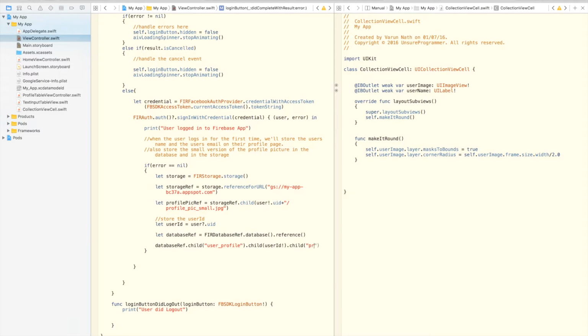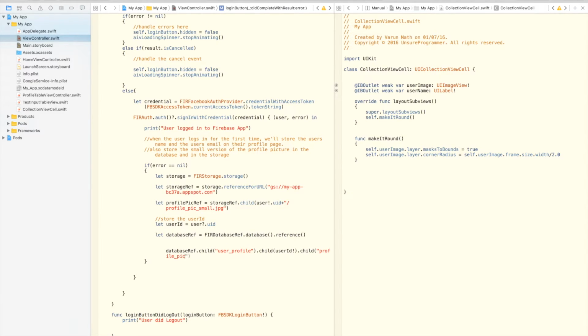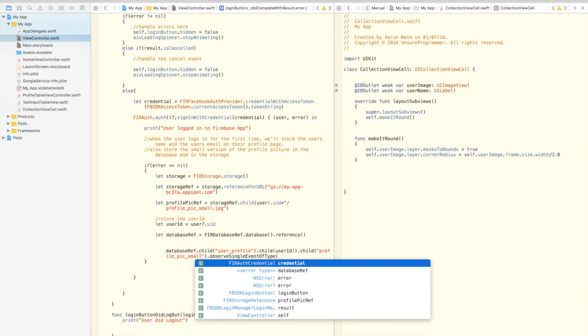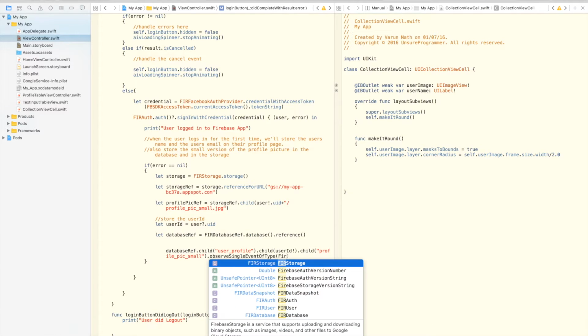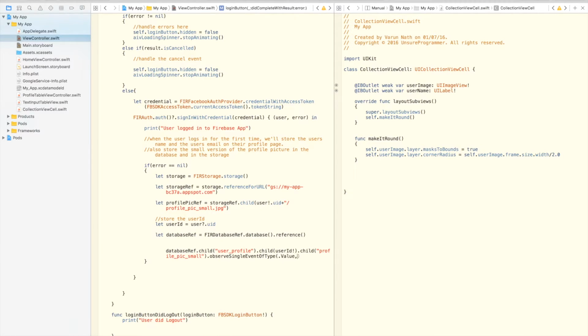And under that, we'll go and check for the profile pic small. And what we'll do here is observe single event of type. Because we don't want it to be continuously reading, so we'll just use the observe single event of type just to read it once. And dot value with block